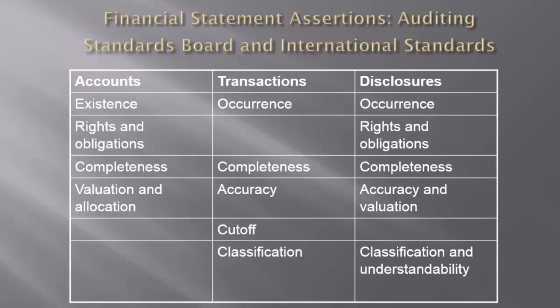Now, when we talk about assets, we're also talking about rights and obligations. As an example, inventory may exist, but the question becomes: does the organization have rights to these items? Inventory may be there on consignment. Go to any grocery store, and most of the inventory you see on the shelf doesn't belong to the grocery store. It actually belongs to the vendors, and the transaction is not actually complete until the item gets sold.